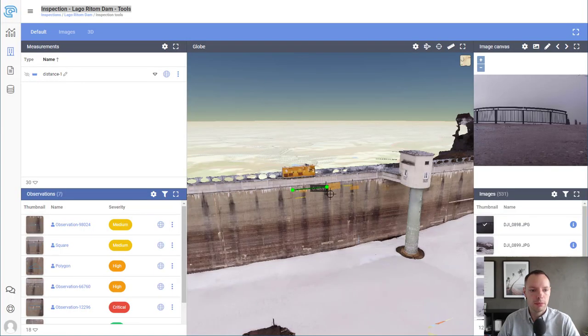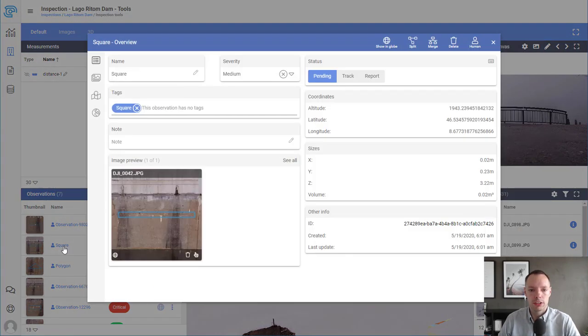But what I can see in my backend is that I have 7 observations, and that is because I have created 3 observations, which is only visible for me. So one of them is the square I have just created. And what we can see here is that the status is pending. Pending means that